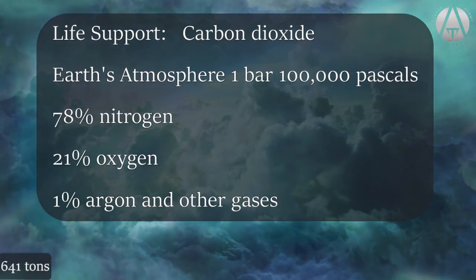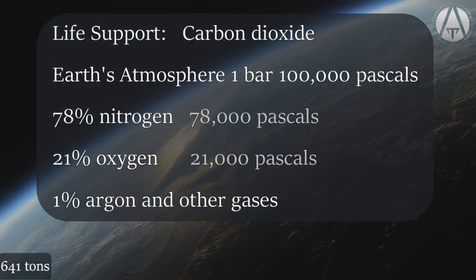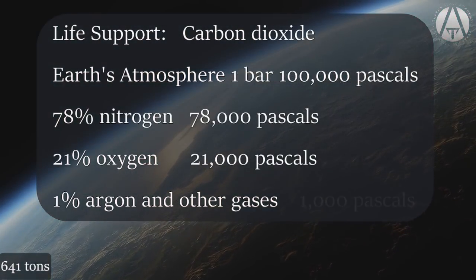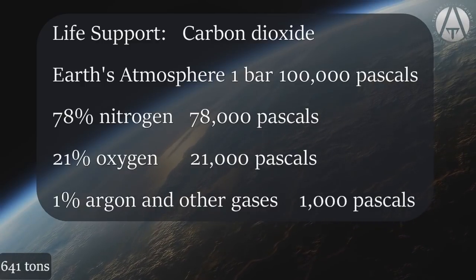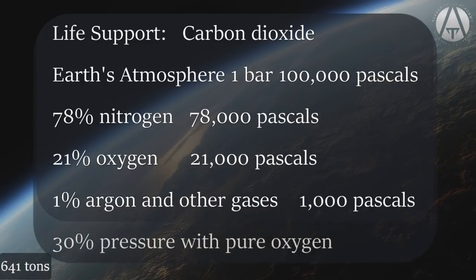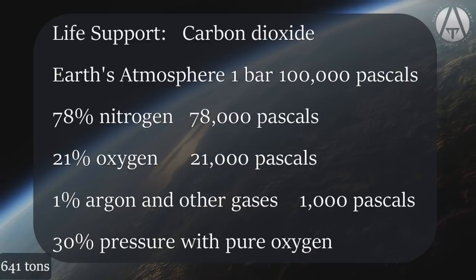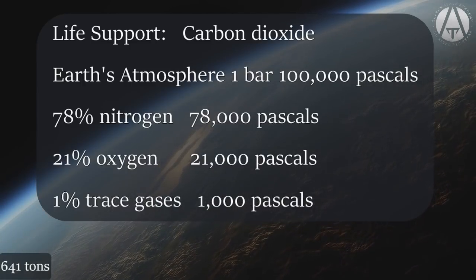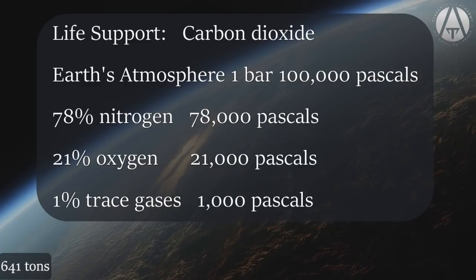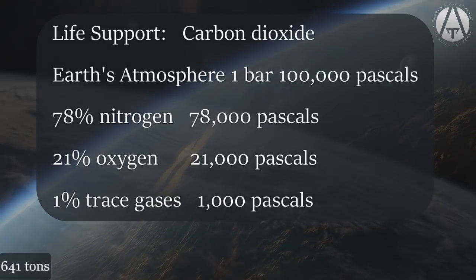That gives us 78,000 pascals of nitrogen, 21,000 pascals of oxygen, and 1,000 pascals of other gases. Now, in the past, spaceships have traveled with no nitrogen and around 30% oxygen at low pressure. This has worked well for small ships, but we want to maintain Earth normal as much as possible, and nitrogen is valuable on Mars. If we take enough nitrogen to fill a ship the size of ours, how much mass